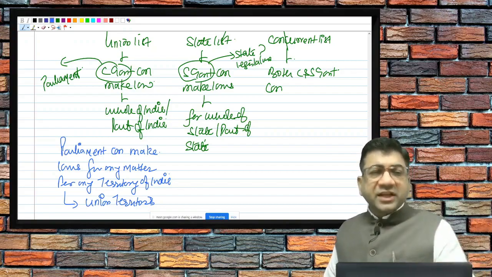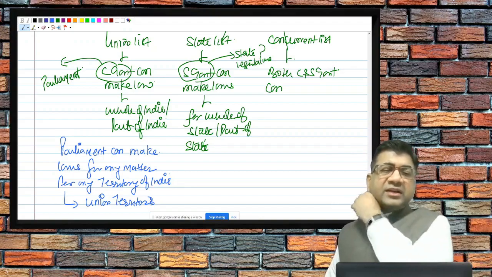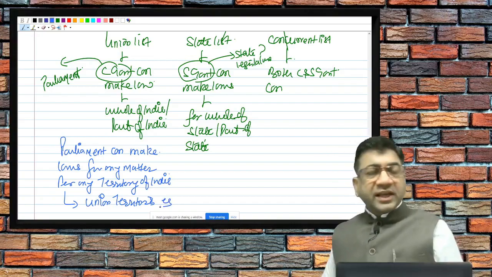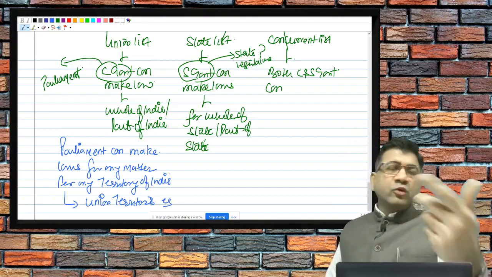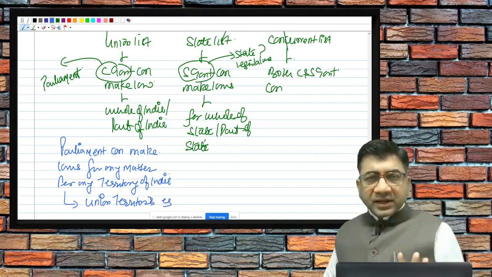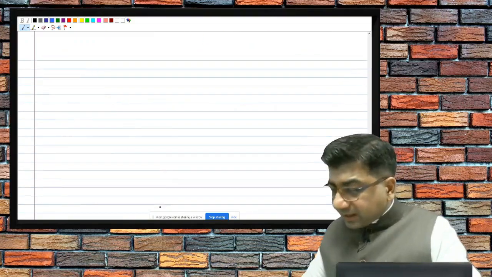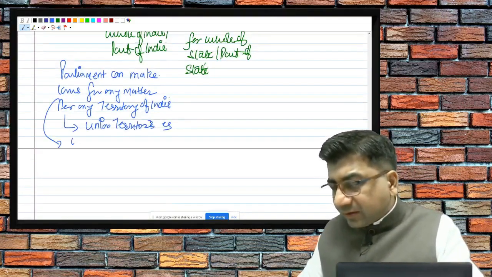So the interpretation is like this. Parliament can make laws for any matter for any territory of India, and an example is union territory. So they can also make laws for the union territory. So for the whole of India and for union territories, the central government can make laws. And for the state government, here one line is also written whether the matter